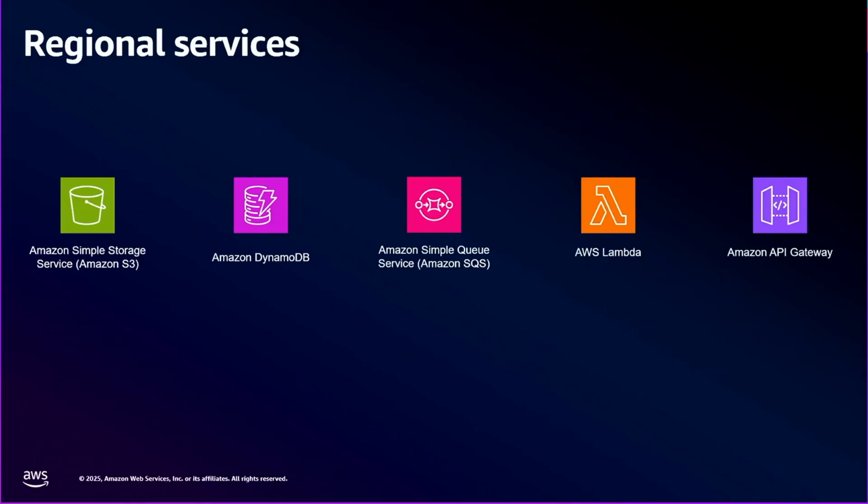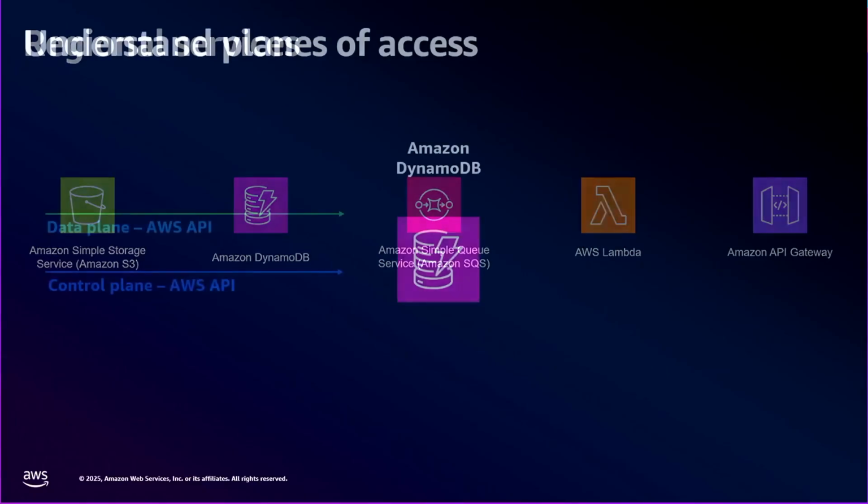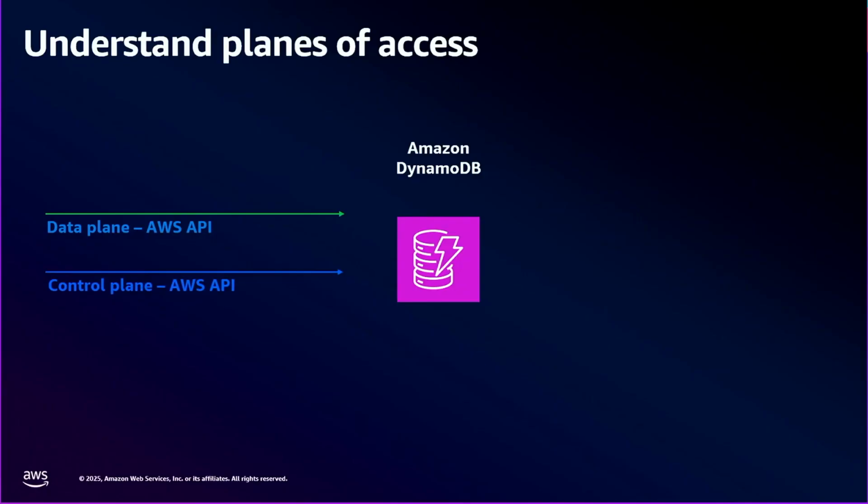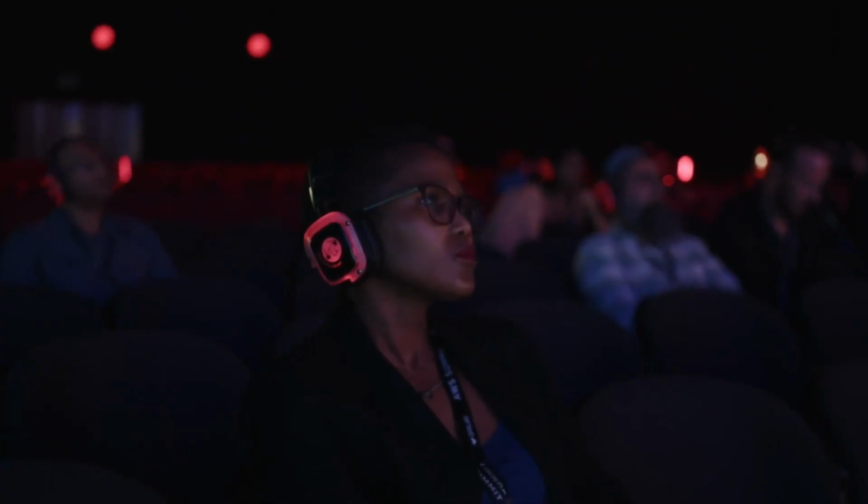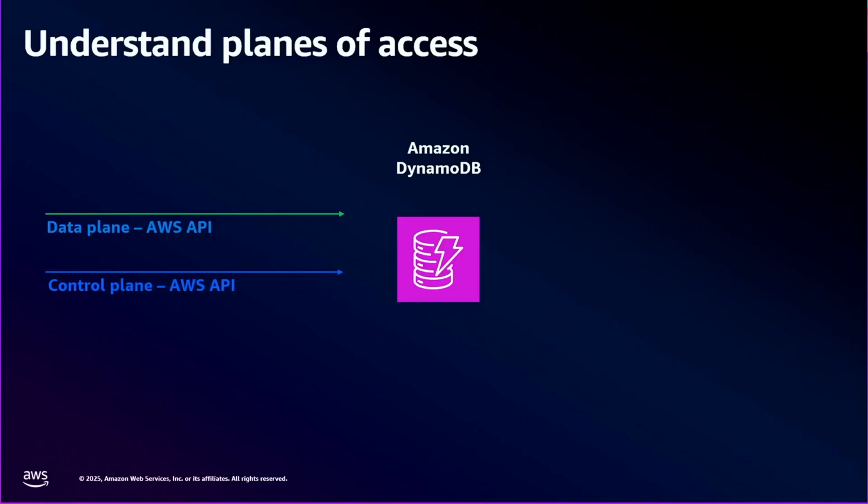So taking away that decision or design from you, having to build across multiple AZs, you can just use these regional services to take advantage of the regional nature of running across multiple AZs. If you think about these services, for most of them, the data plane and control plane is always an API, right? In the case of EC2, using an EC2 instance means using the TCP/IP network to connect to the instance, but the control plane is an API to stop or start that instance.